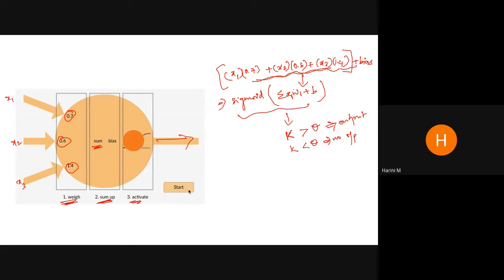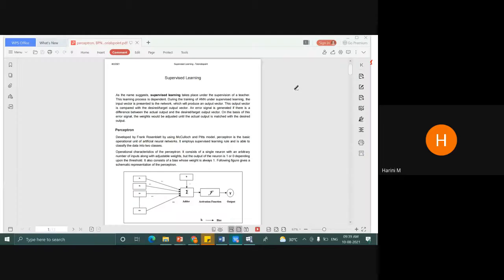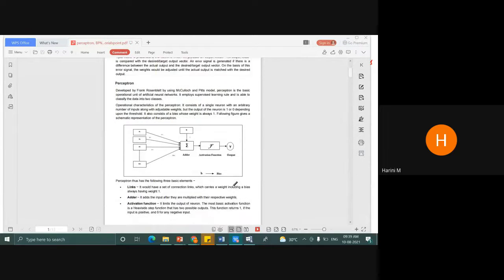Okay, it's a single neuron which does the summation part along with the bias, and then it also performs the activation part of the neuron. So this perceptron is responsible for the architecture to work. It is responsible to make the neuron active or deactive. And then I'll show you the proper structure of the perceptron. Now look at this. It's a detailed structure. I hope you guys can see this.